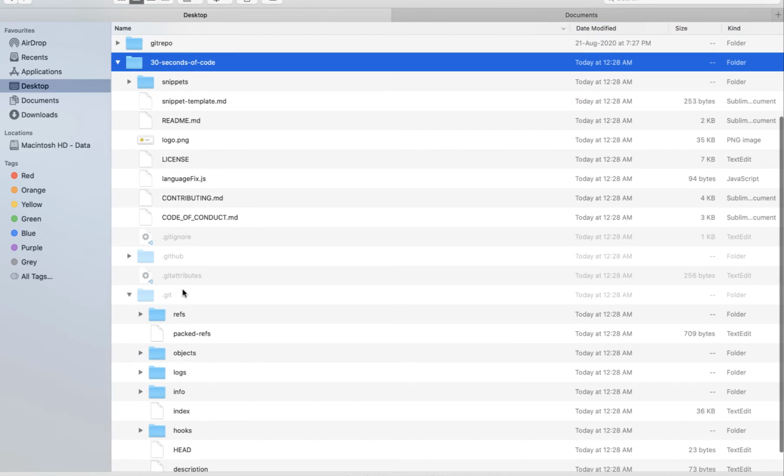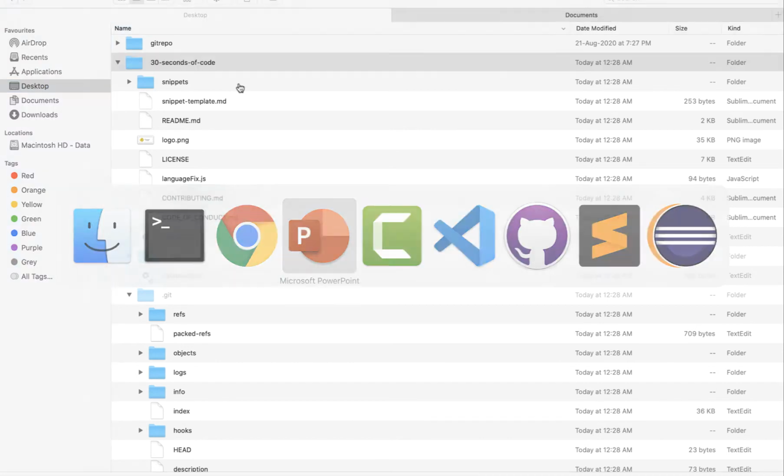So in download, you will not get a .git repository, which creates a lot of problems when you are using your development environment, and that's why it's always recommended to use the clone feature for your CLI or for your GUI, that is with GitHub Desktop. So this is the difference between your download and clone option. Now let's go back to the agenda.